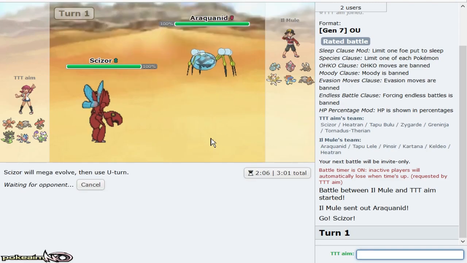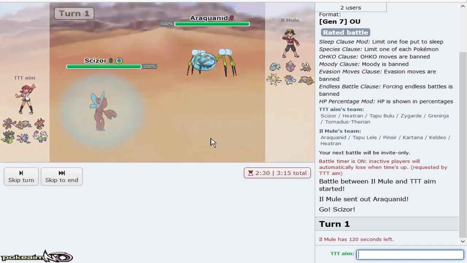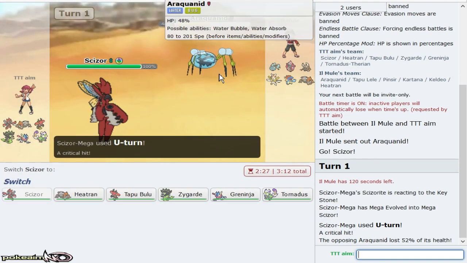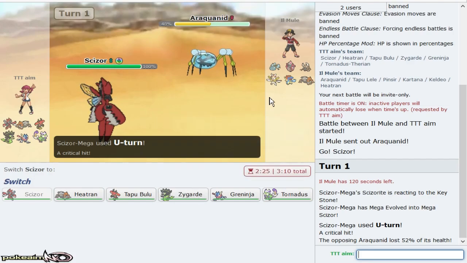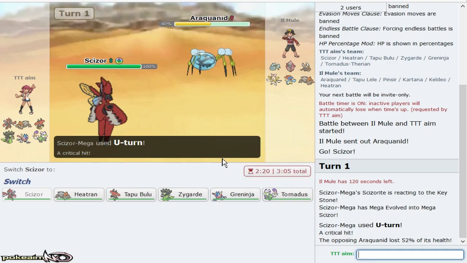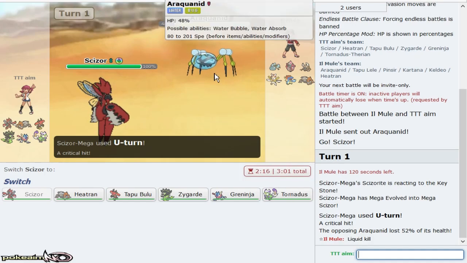But I love Bulu's ability to deal with Keldeo. Mega Pinsir is obviously a problem. This first turn is actually really interesting. If it's max speed, Araquanid will outspeed me. If not, this becomes scary for me, because I'm tempted now to not go out into Tornadus, as Liquidation would knock me out. But I'm fairly positive this Araquanid is...